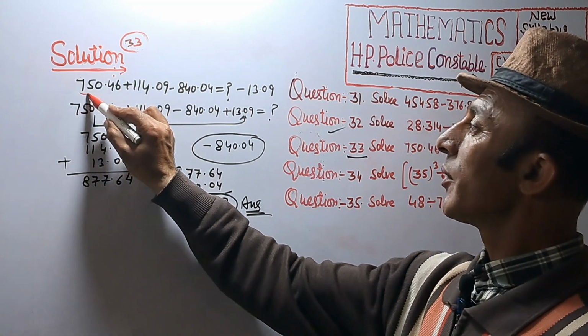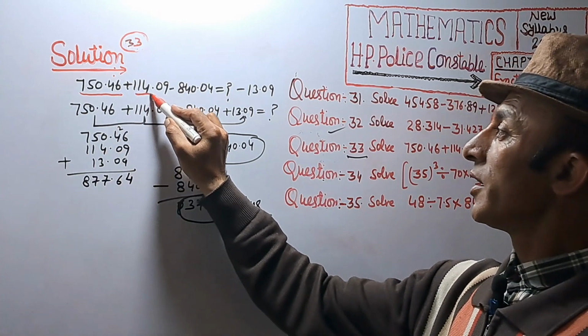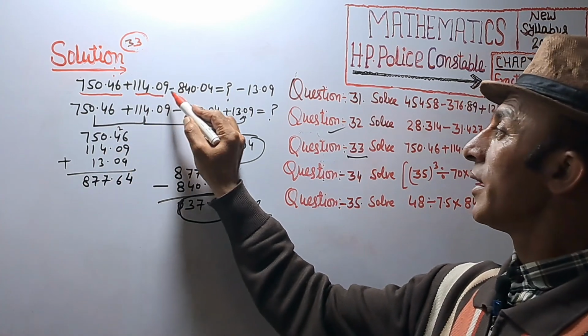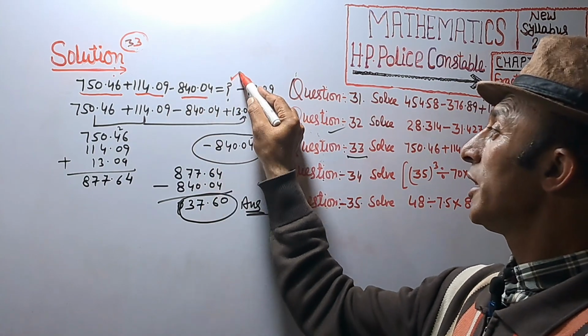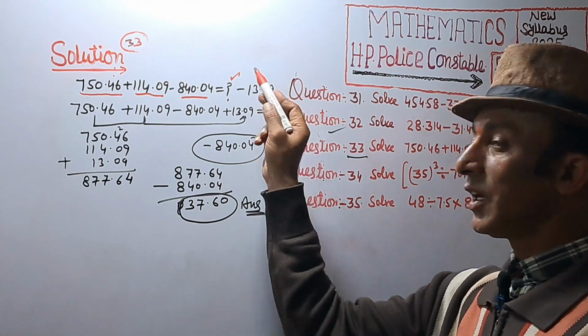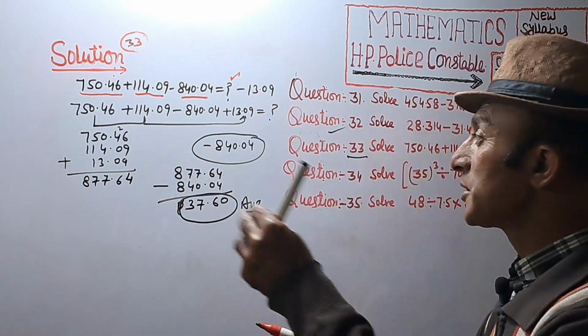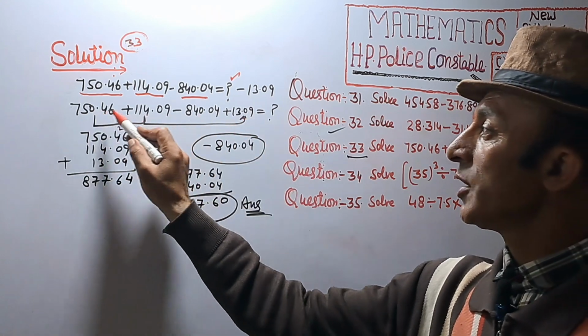Given question is 750.46 plus 114.09 minus 840.04 equal to ? minus 13.09. First we are shifting 13.09 to the left side, the negative sign will become positive, and we are adding the positive 3 numbers,